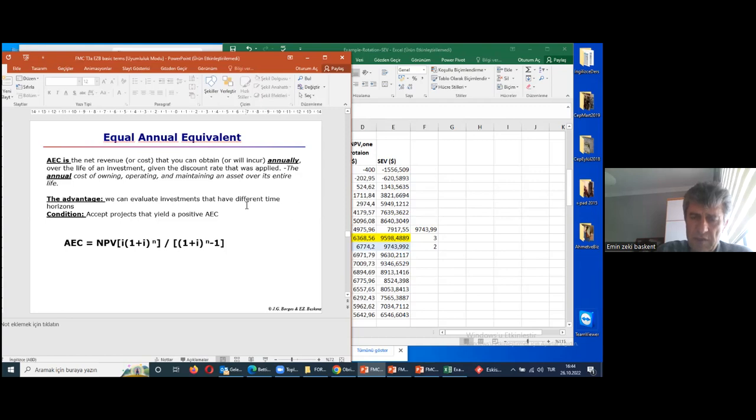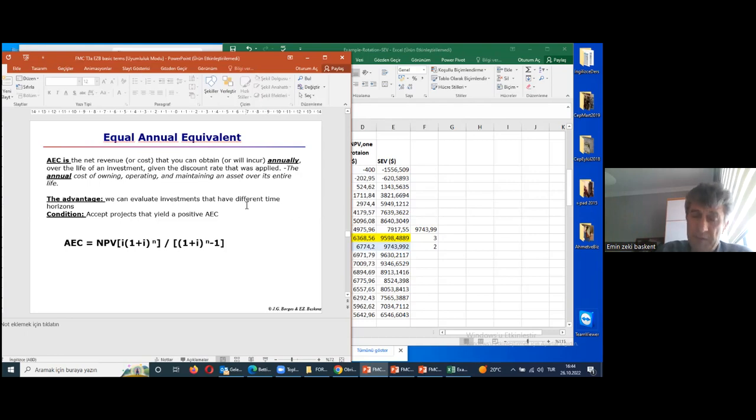Assuming that there are options 1, 2, 3, 4, each involves a different time period. One involves 40 years, the second is 50 years, the third is 60 years, and so on and so forth. We can scale down everything with the equal annual equivalent to a yearly basis